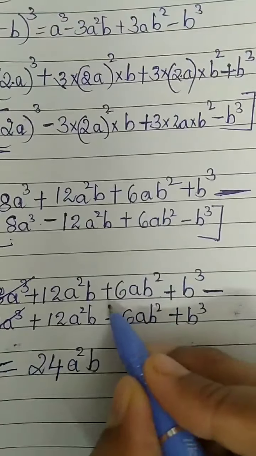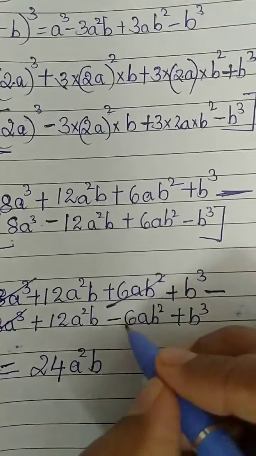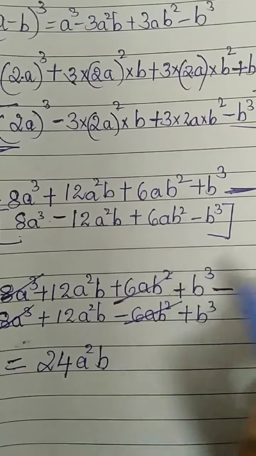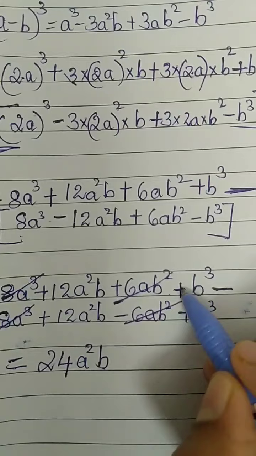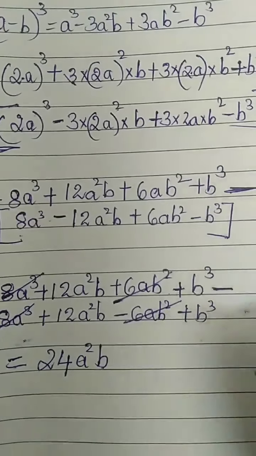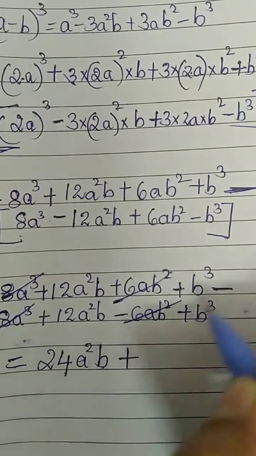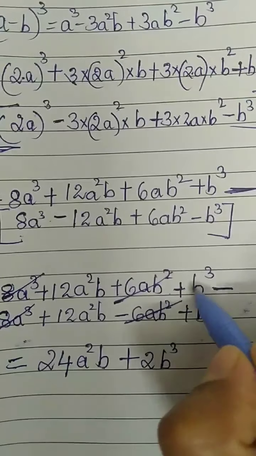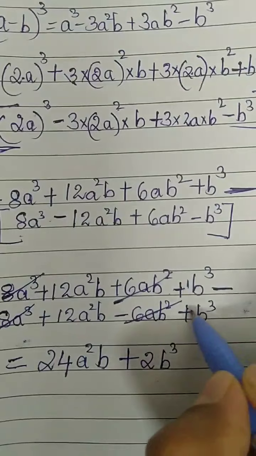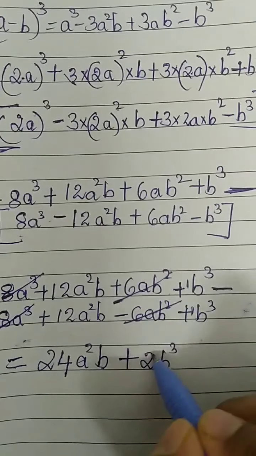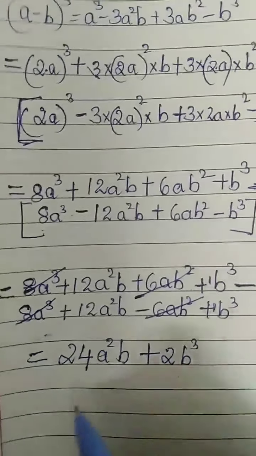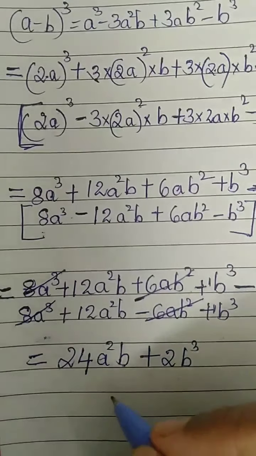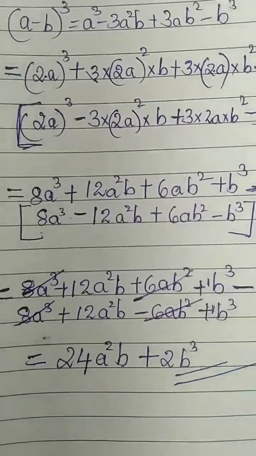Now see here, one is plus 6ab square, another is minus 6ab square. Can you cancel this? No, because both are having the same sign. What is plus into plus? Plus. So we'll put plus. b cube plus b cube will be 2b cube. Only b cube means you have 1 as the coefficient. Here also 1. 1 plus 1 will be 2b cube. If you want, now you can take 2 as common from these, or you can leave the answer this way, no problem.